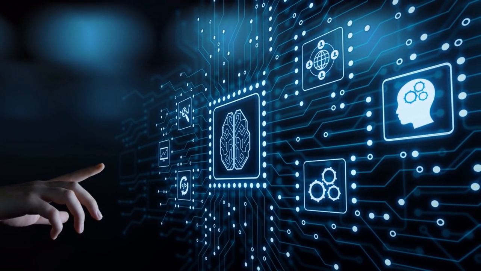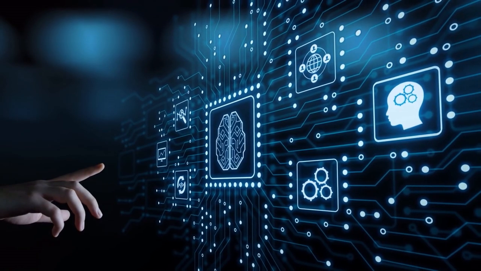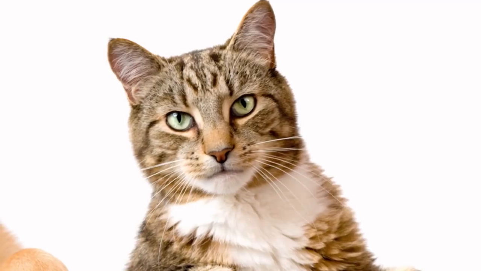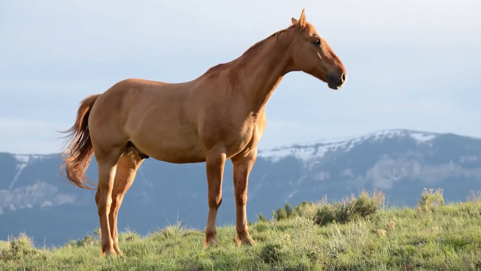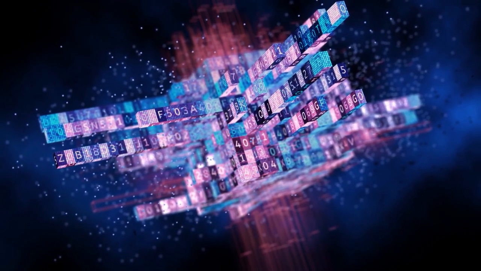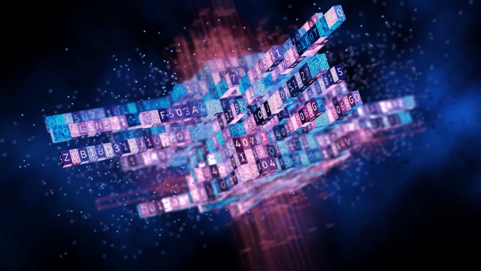Now, to make the matter worse, what if in the future I ask you to extend this program such that it supports 3 kinds of animals: cats, dogs, and horses? Once again, you'll have to rewrite all those rules. That's not going to work. So machine learning is a technique to solve these kinds of problems. And this is how it works.